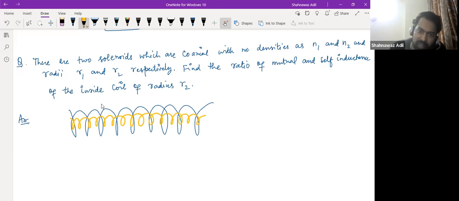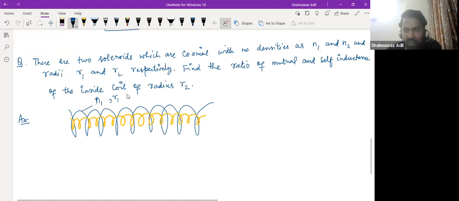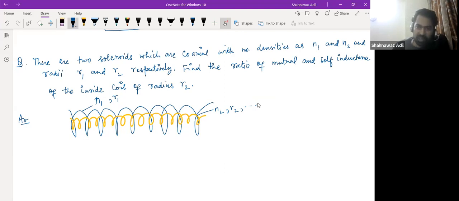This one has dimensions N1, R1, and I1, and this one has dimensions N2, R2, and so on. Then I want to calculate the ratio of mutual inductance